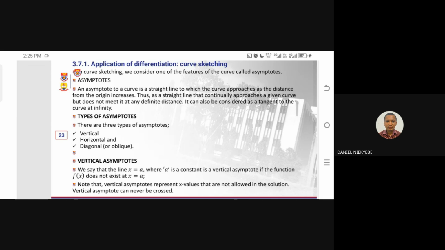So the next thing we want to look at is curve sketching. So under it, we want to look at asymptotes. We are saying that an asymptote to a curve is a straight line to which the curve